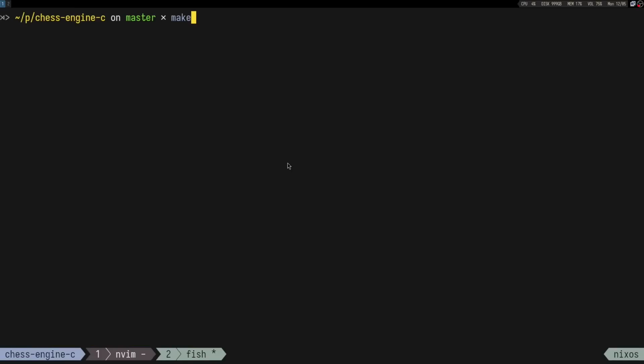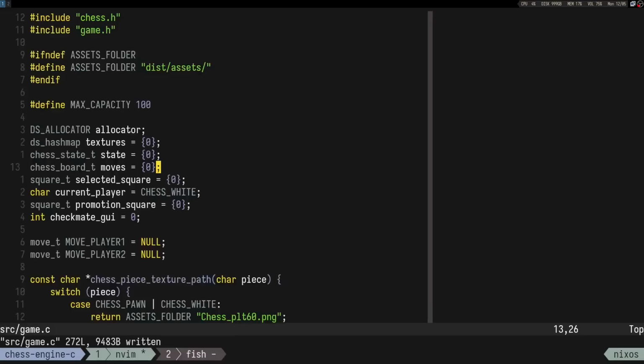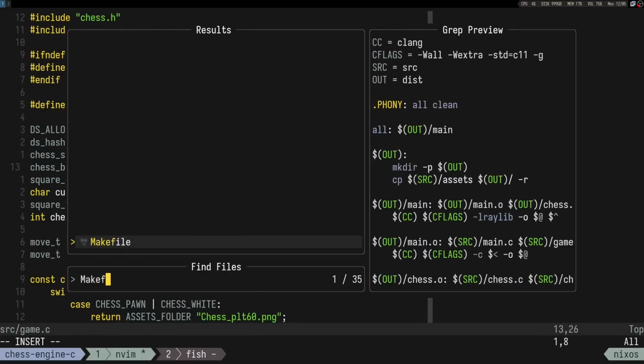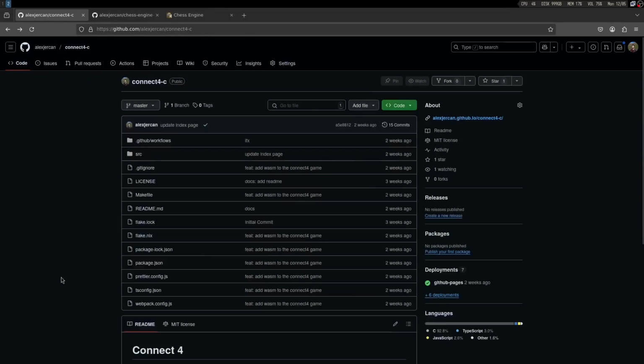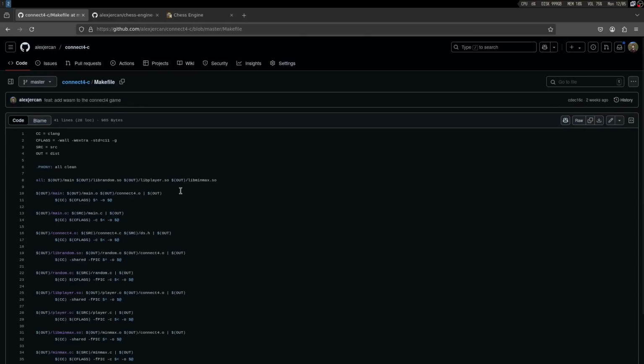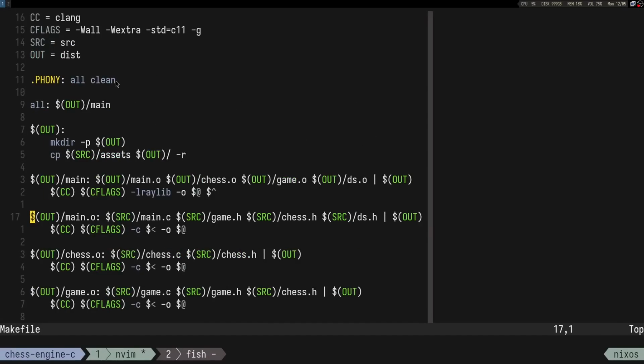Let's try to run make just to build that. And then if we go to the makefile, let's try to build the SO files as well. So let's compile